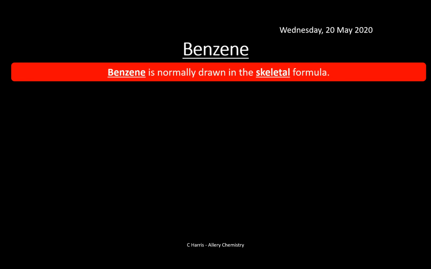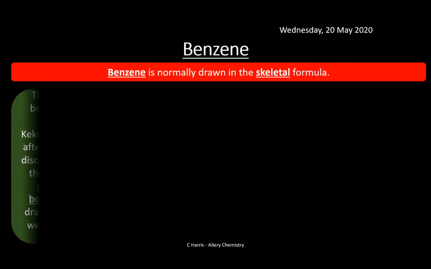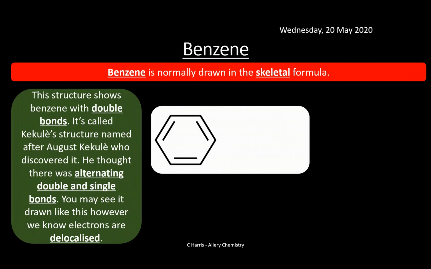So the structure, there's 2 ways in which you can draw it. One, which is the most common way that you are expected to draw at A-level, but there is one which sometimes is drawn to show reactions. Sometimes it's easier to draw it in this way, and this is actually called Kekulé's structure. It was named after a fella called Auguste Kekulé, who basically thought that you had single and double bonds in a benzene ring, but actually that these single and double bonds, as you can see there, would alternate